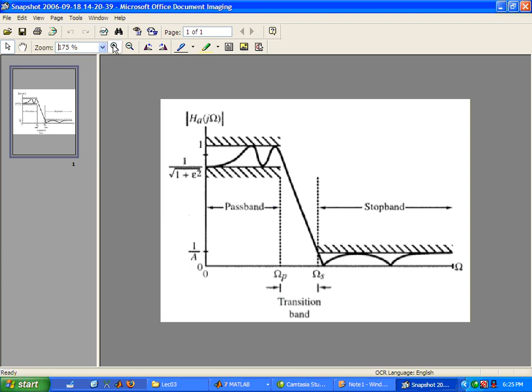You get to tell it how much. And then you also get to specify the same thing for the stop band, right? In your stop band, you might be willing to say, it doesn't have to be 0. I'm willing to have a little bit of energy come through in my stop band frequencies. But obviously, the more restrictive your filter is, the more restrictive your requirements are, the more difficult it is to